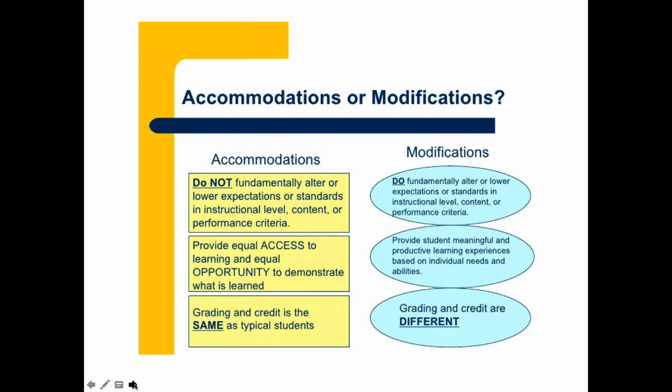So accommodations, right, do not fundamentally alter or lower expectations of the standards of the curriculum, right? And that's really important. Modifications, on the other hand, do lower the standards of the curriculum, right? So if you have somebody who's sitting in an algebra class and is doing the algebra with the other kids, but is doing maybe half the problems because they have a slower processing speed and the teacher has picked out a representative set of problems, that child is largely probably getting an accommodation, right?